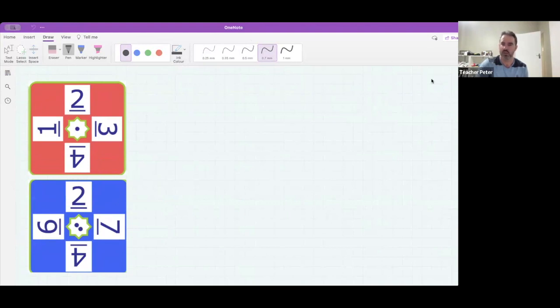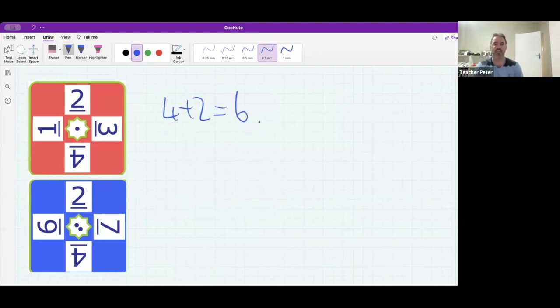Who can solve this puzzle? So either red or blue cards, you have to use all four numbers to make 24. So it's a pang. Tell me what is your, how do you get the red one to make 24? So 4 plus 2 is 6. Yep. Oh, so 4 plus 2 is 6. And then